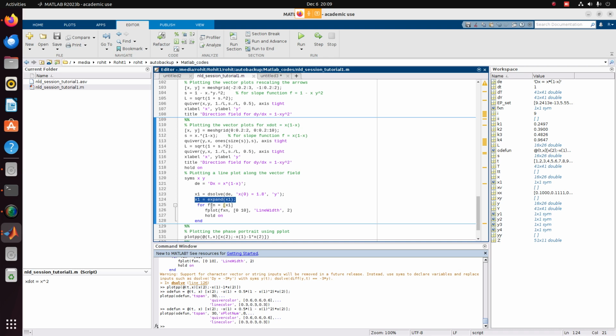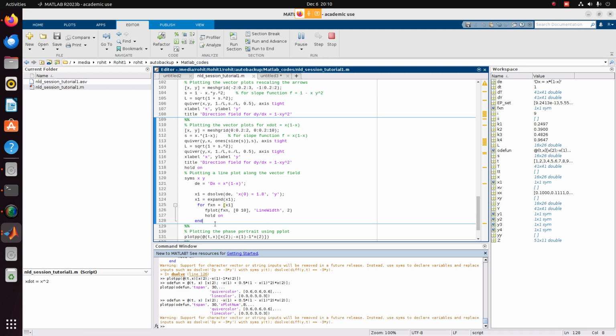So for this function fxn, for these x1 values, the scalar values which we have obtained from this, we plot the function. So for each given condition, f of x will give you the values of each plot ranging from 0 to 10 we have mentioned here. So if you use this function fplot, then we will see that,